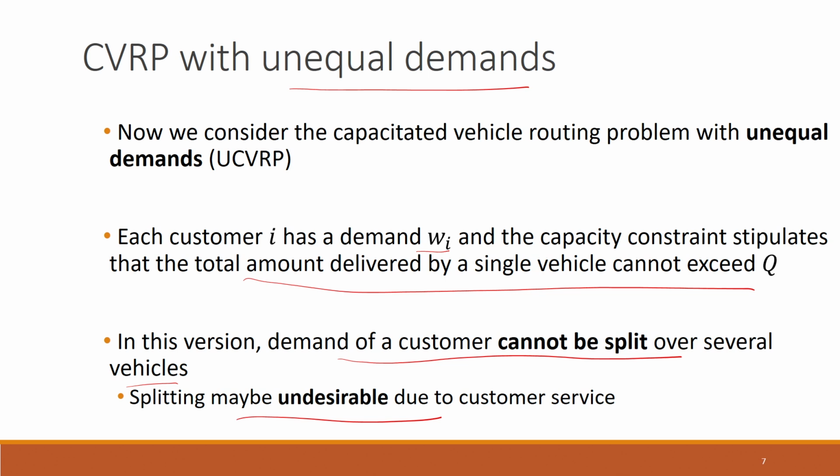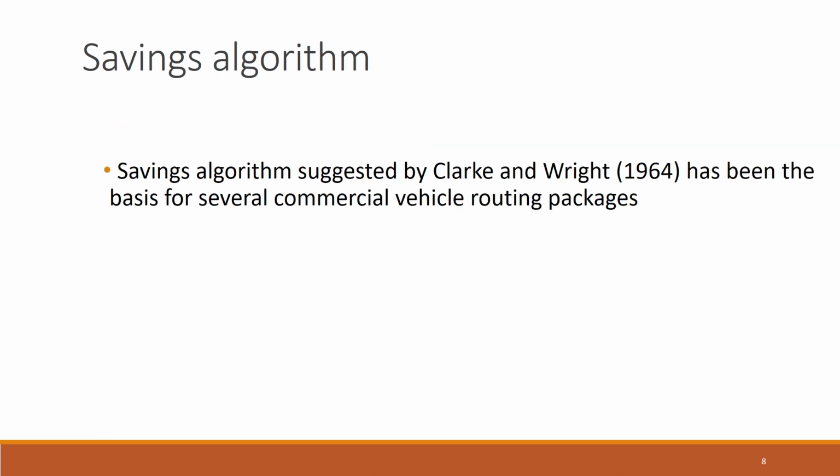undesirable and inconvenient situation. So, in this savings algorithm which has been proposed by Clark and Wright in 1964, we do not allow the splitting of demand to happen. So, this is used to solve the UCVRP problem, and this algorithm has been used by various commercial vehicle routing